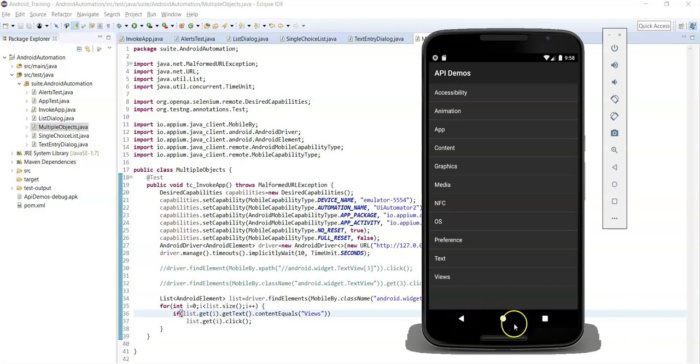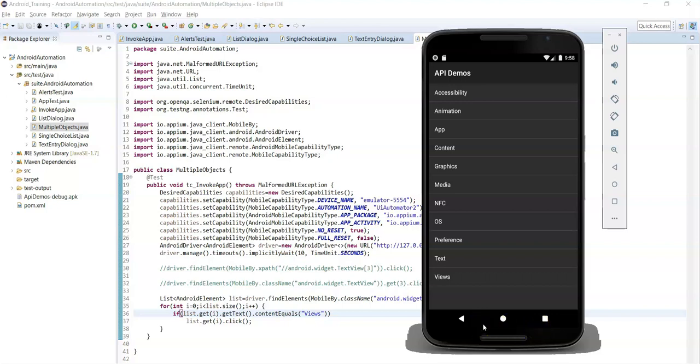So let's see, these are the hardware keys present on the device or emulator. This is the back button, this is the home button, this is the switch app button to switch between apps. So mainly every Android device has these three physical buttons. In real time, when you are working on Android mobile app automation, you definitely need to simulate these Android keys or key events in some test cases. But how can you handle those key events?